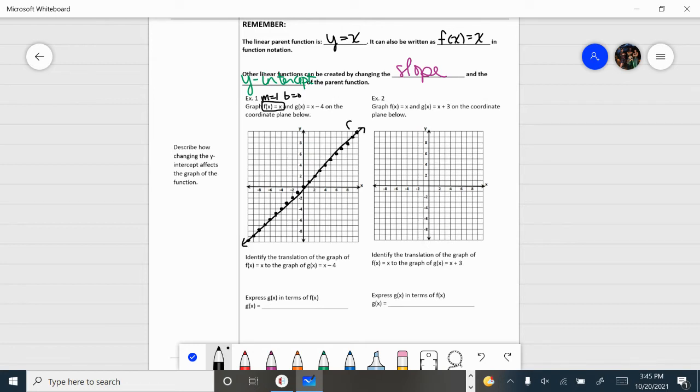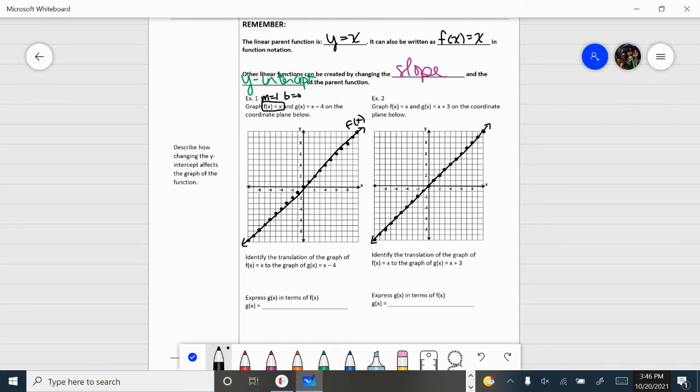I'm going to go ahead and label this as f of x. Anytime you're going to put more than one line on a graph or more than one function on a graph, make sure you label your function. That way you could tell which function is which, especially if you're having to compare them later. So in this case, we're going to be putting two linear functions on one graph, and so we want to be able to compare those. So again, we want to make sure we start with our parent function,